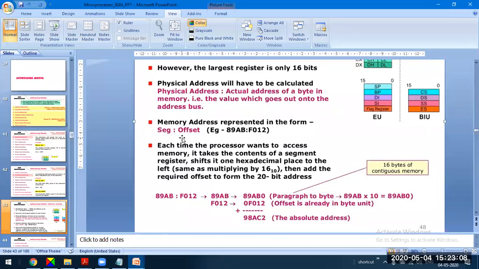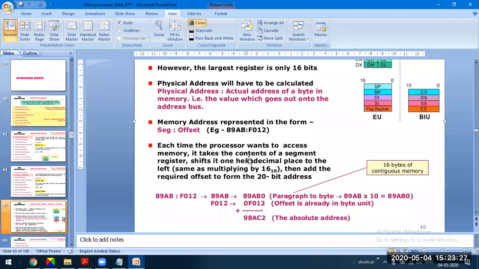This is the same as multiplying by 16, so the address becomes 20-bit. Then it adds the offset address.